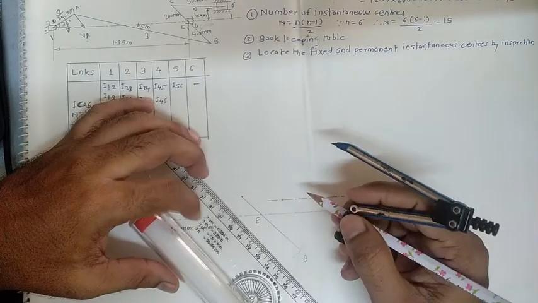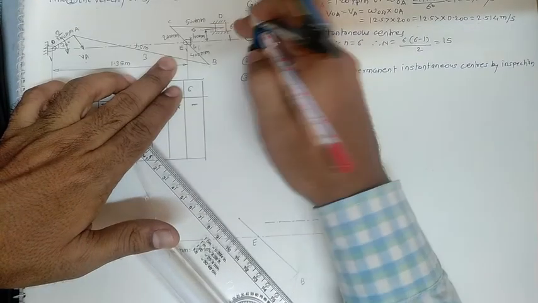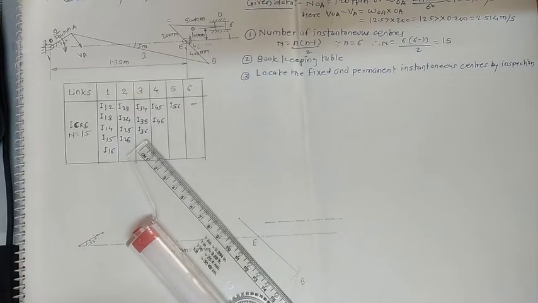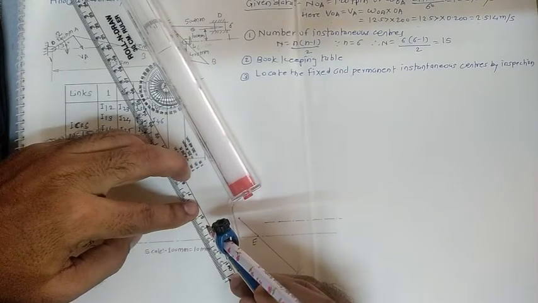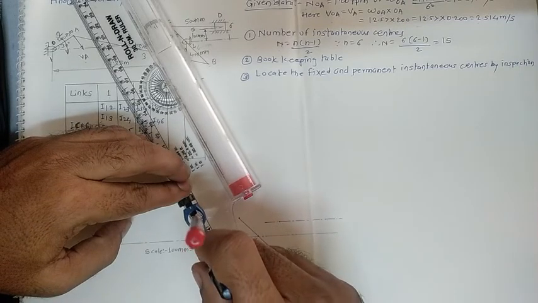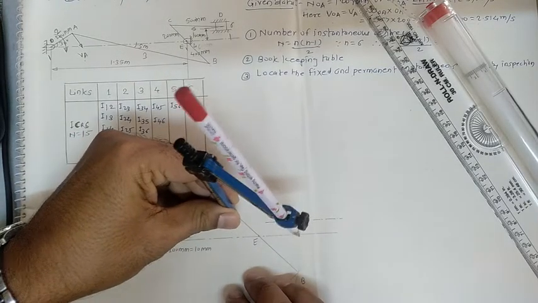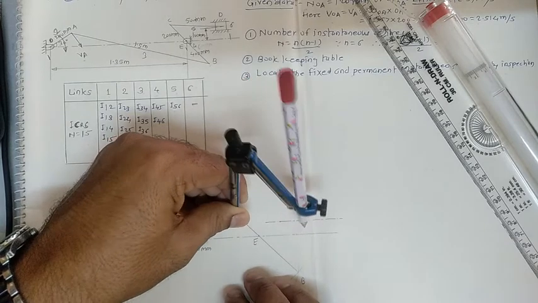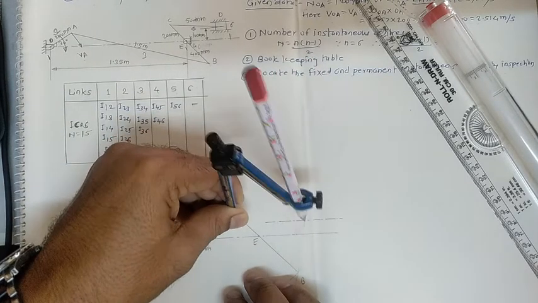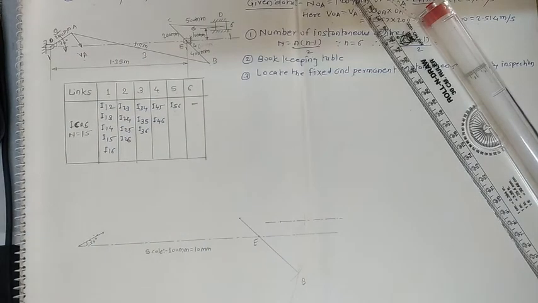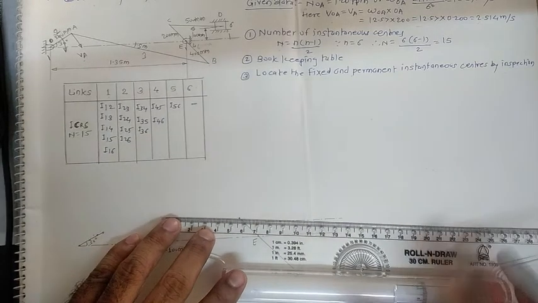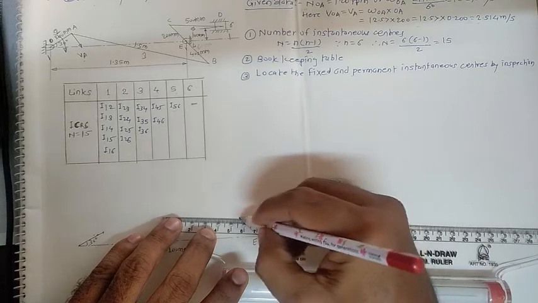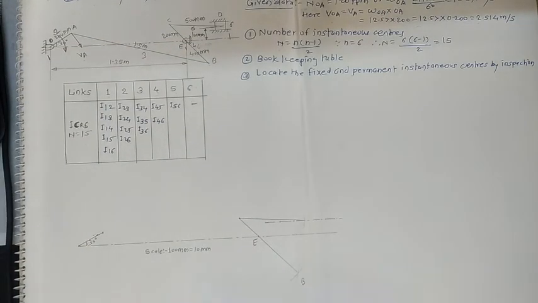The length for this CD link is given as 500, okay. So on this line, just take this distance in the compass as 50 as per scale. For that 500, you should consider 50 and just mark it here. The intersection occurs at this spot, which gives us the location for that slider. So join this. In this way we can complete our diagram. So the redrawing of this diagram is almost over.